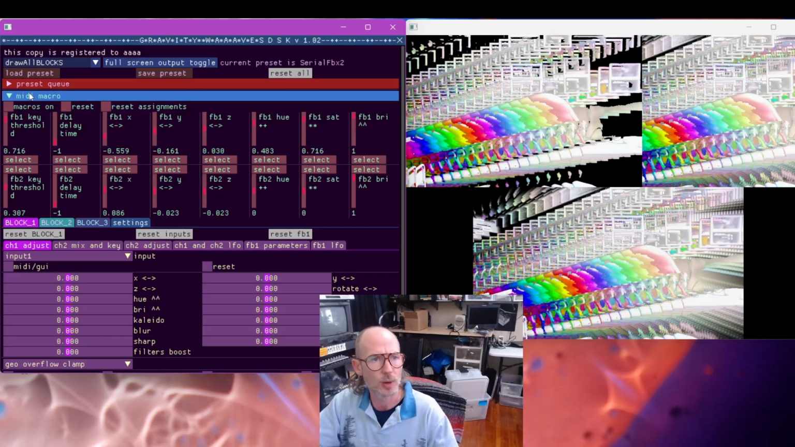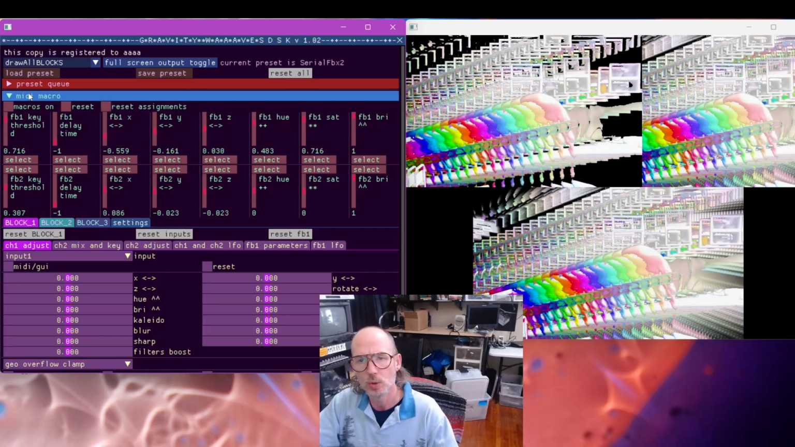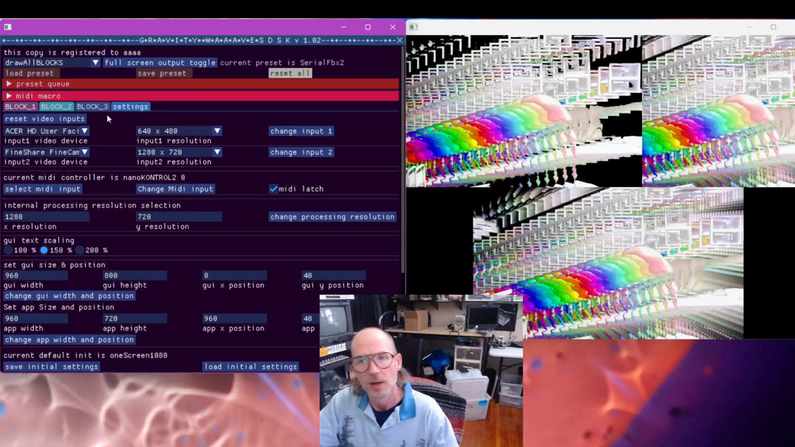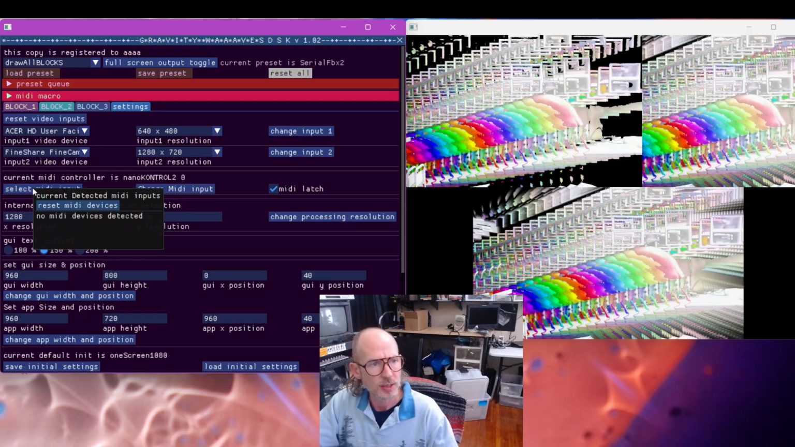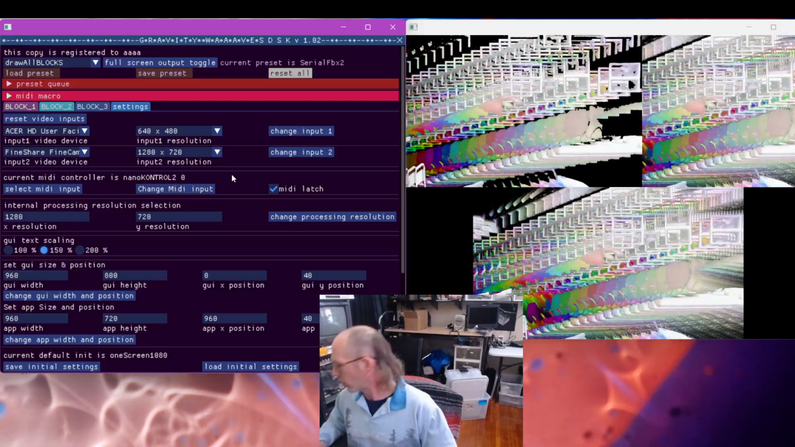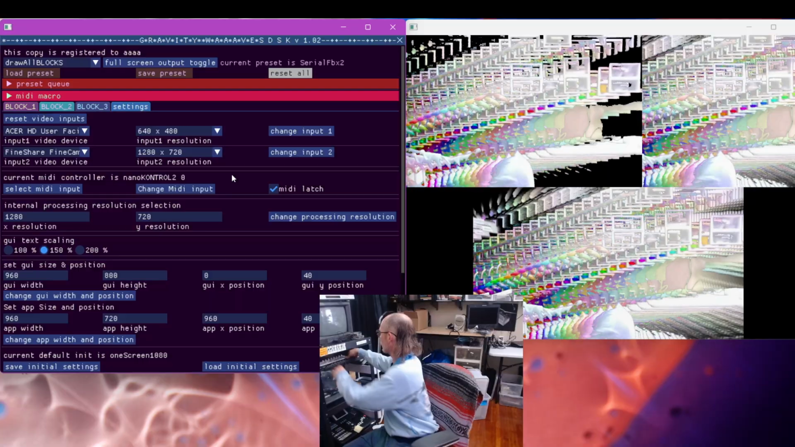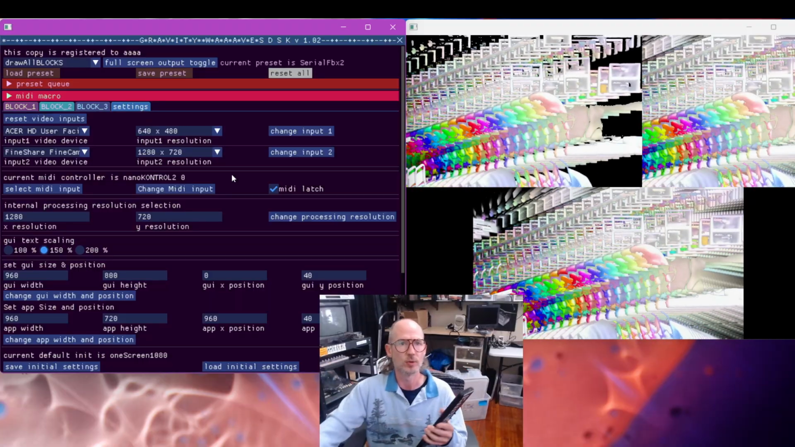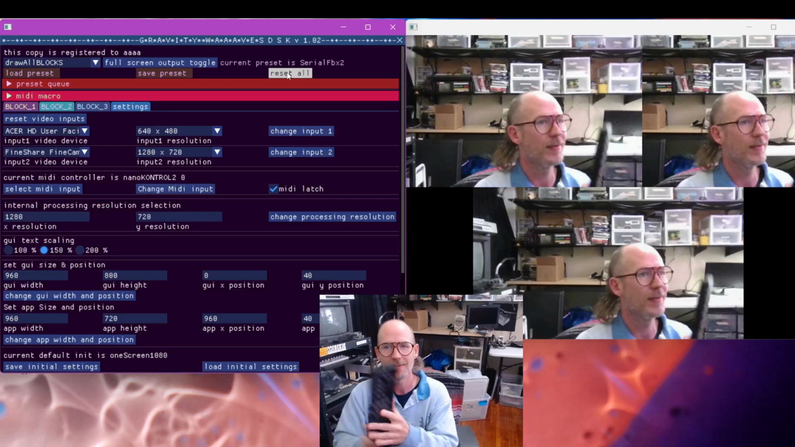MIDI macros will also automatically map to the MIDI controller that you've got over here in settings. So you select MIDI input. I didn't plug anything in, so let me go ahead and just get a MIDI controller set up. The best one to use will be